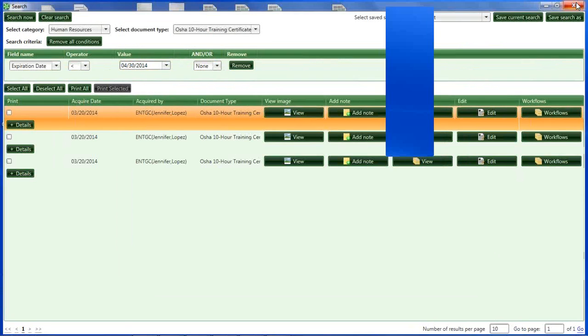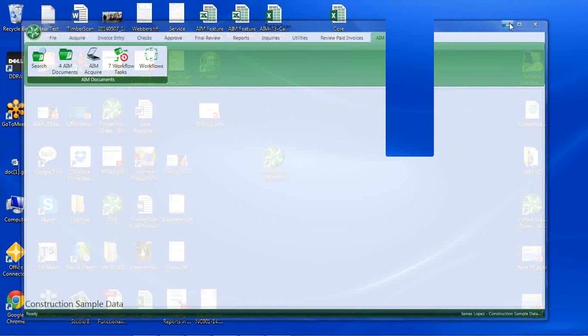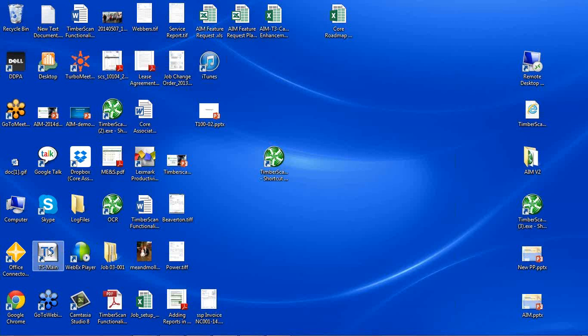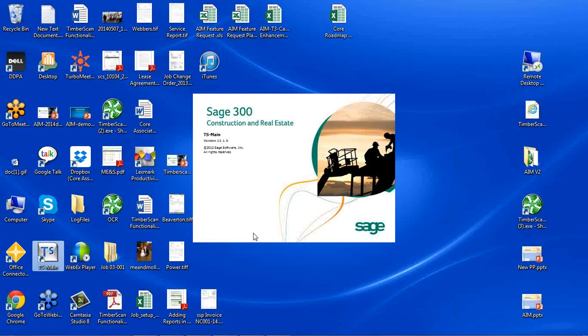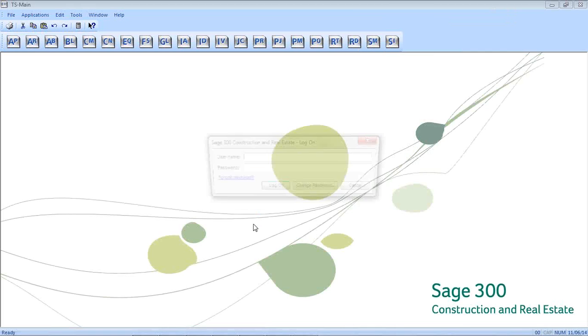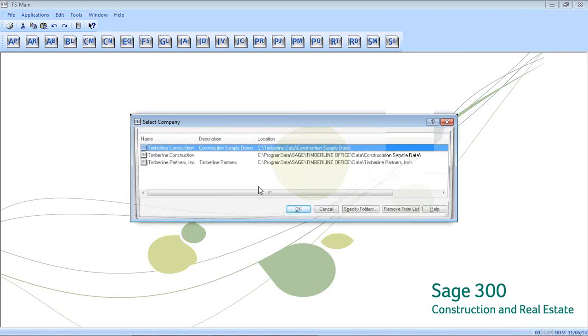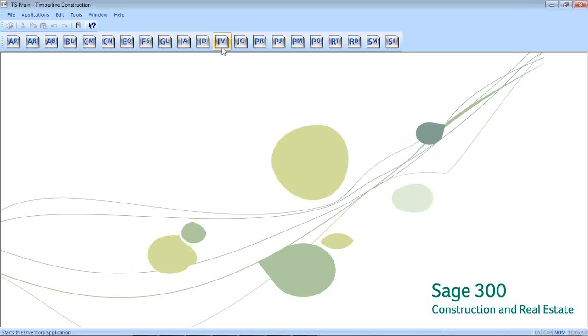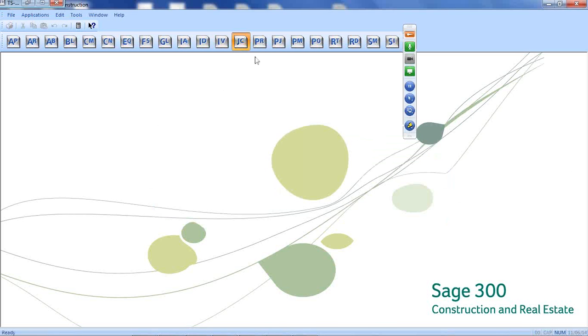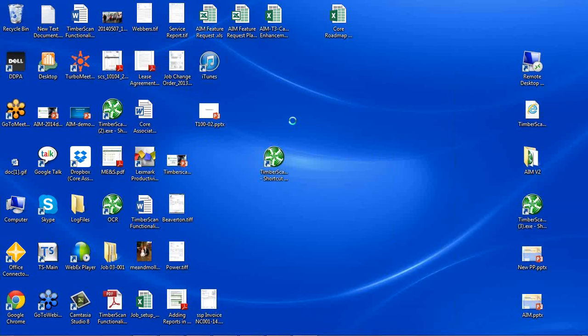But the other thing, and this is the final thing that we'll talk about, and then we're going to open it up for any questions, is you can link these documents to various places over in Sage 300. So basically, what I can do is I can link documents, let's say, to the job file, and then if I save those documents in AIM, I can come over here into job cost,